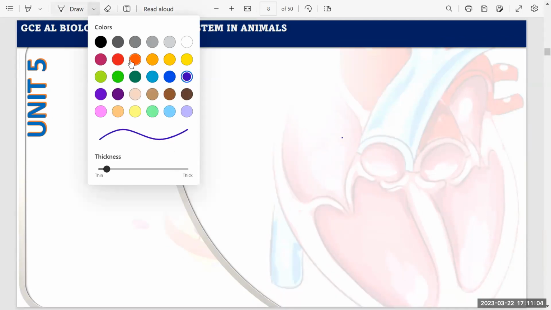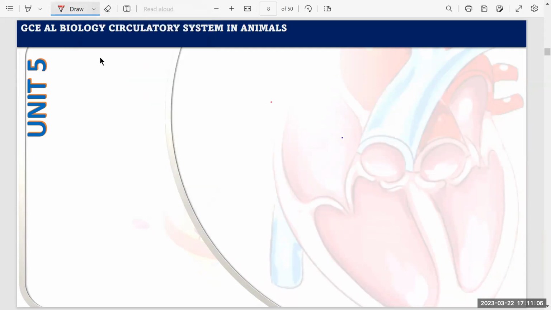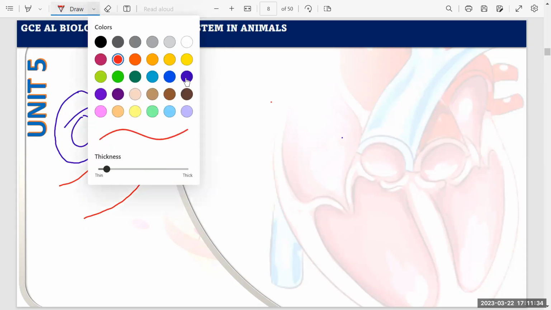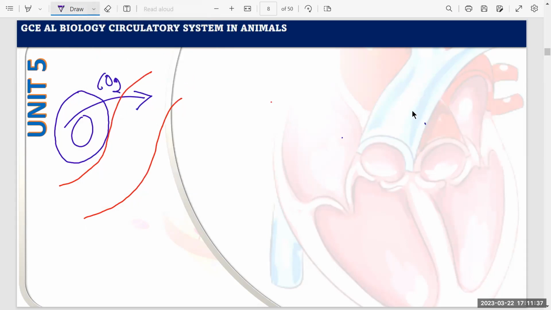The first thing we have to understand is how the carbon dioxide is released from the respiring cell and goes into the capillaries. Here is the capillary, and inside the capillary, how we transport. And after that, we should also learn how it is released out of the body, because we have to remember clearly